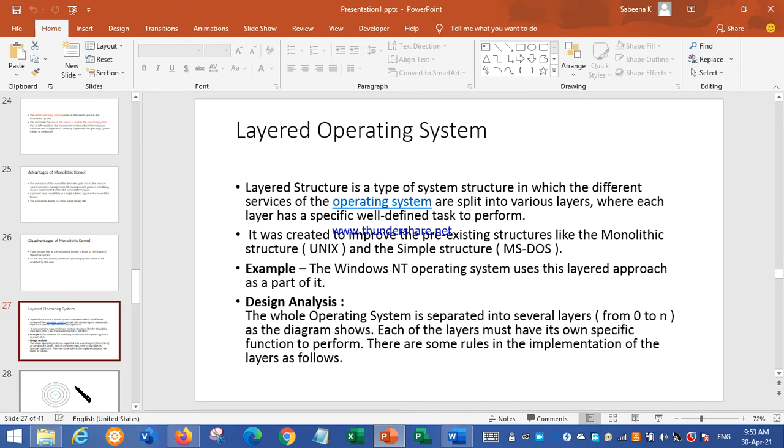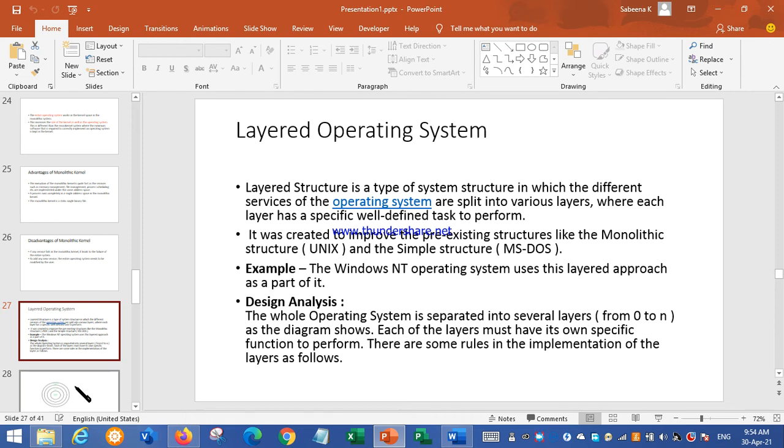This was created to improve on the monolithic and simple structures. The earlier Unix system followed the monolithic structure, so the layered operating system came to overcome the disadvantages of the monolithic and simple designs. The Windows NT operating system is an example of this layered design.